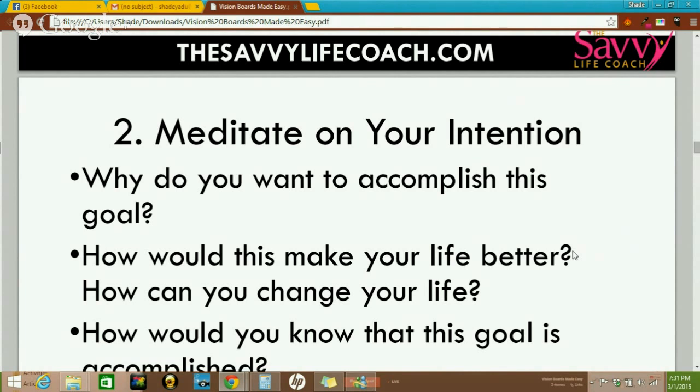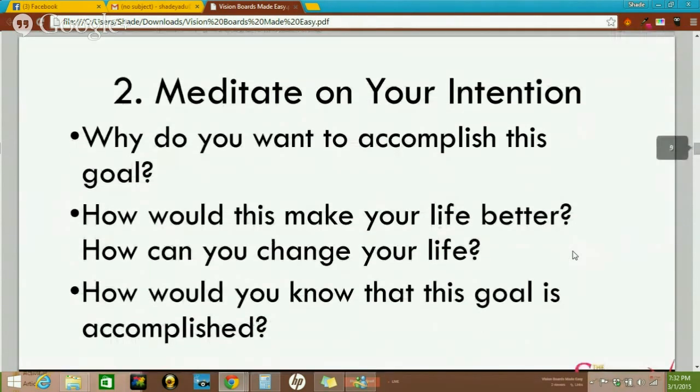Or if you are like me, why would you want to go back to school? Think about what it means to get your PhD. What it means for not only you, but for your family, for potential students that you're going to meet, for people who walk on the street that didn't know it was possible. Think about the people you haven't even met, the people who haven't been born yet that will be inspired and impacted by you. So always focus on that.